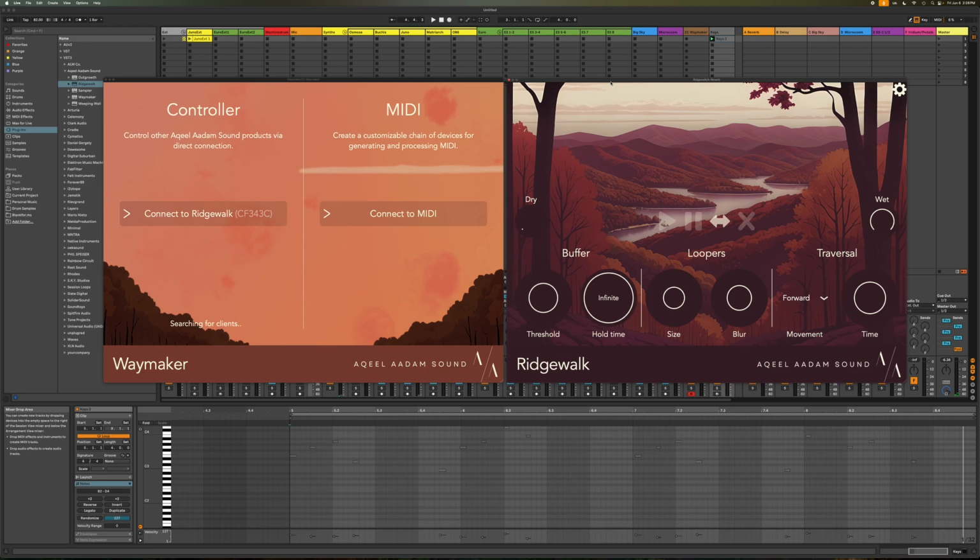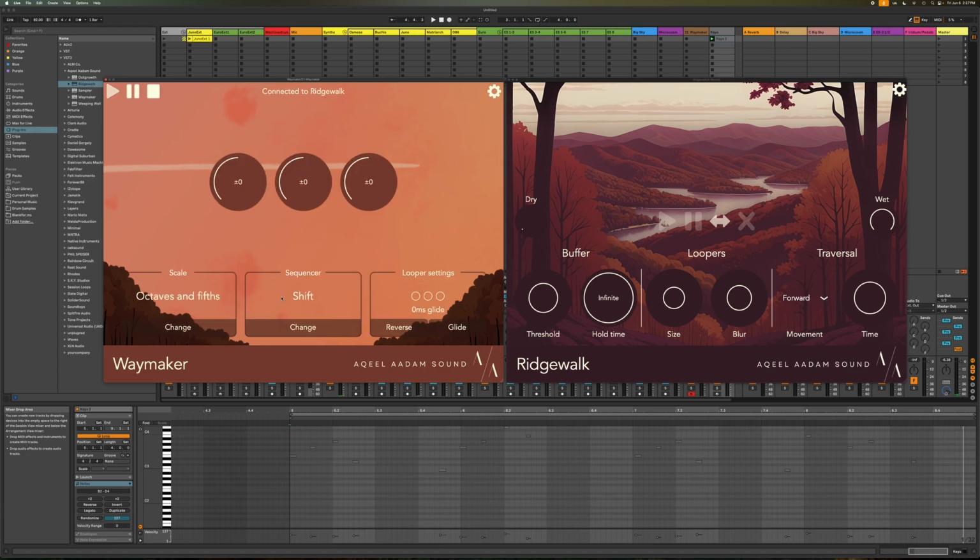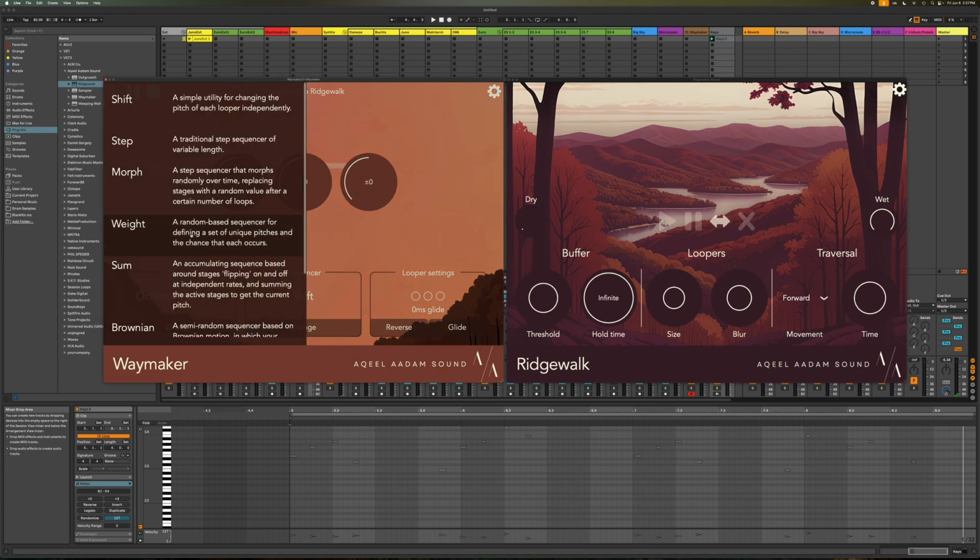And the first Microcosm patch we're going to take a look at is called Mosaic, which is this nice algorithm where you kind of get random grains with different pitches. And I like using the version that gives you grains anywhere from between -1 octave to 2 octaves up. So we're going to start by connecting Waymaker to Ridgewalk, and I'm going to change Waymaker to a weight